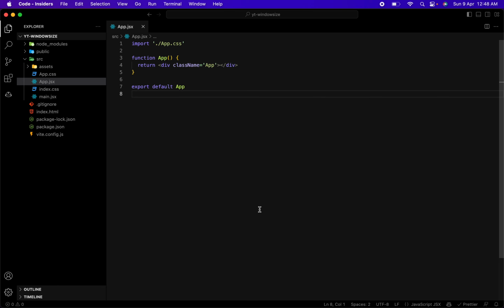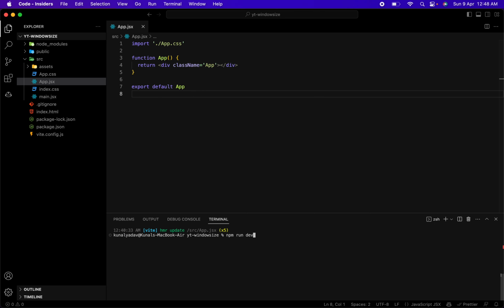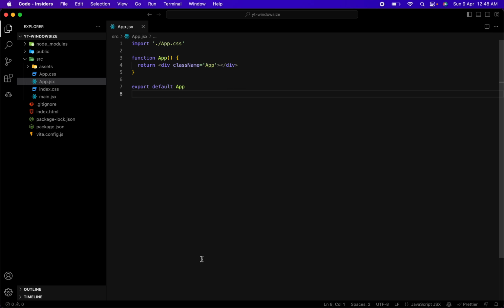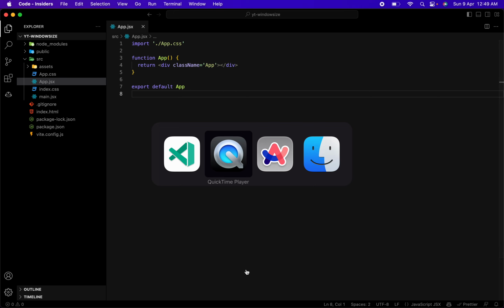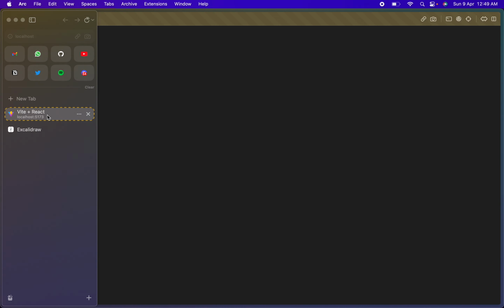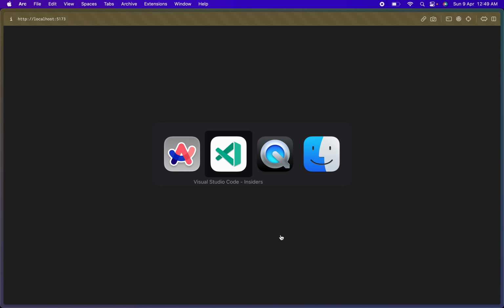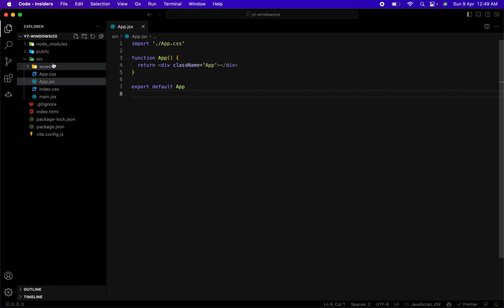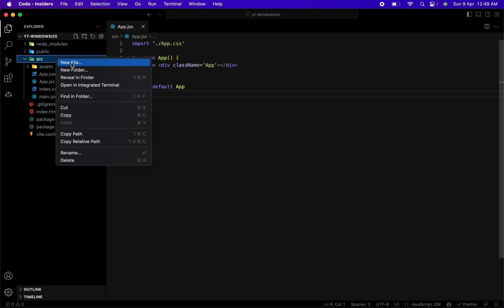So I'll go to VS Code and open my terminal, and I'll restart my server. So npm run dev to restart my Vite server, and as we can see, it is running on port 5173. Now we are in our App.jsx file, and I'll show the browser as well. So I'll go to this Vite and React page. Yes, it is working fine. Now inside our src directory, I'll create a file